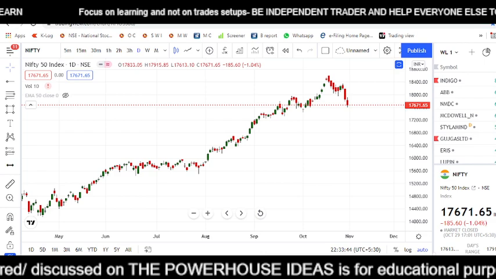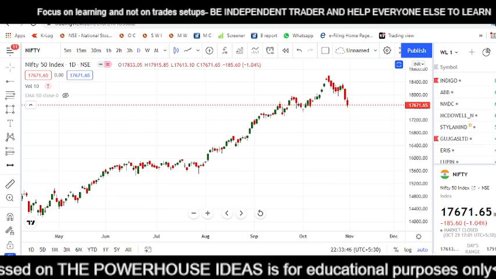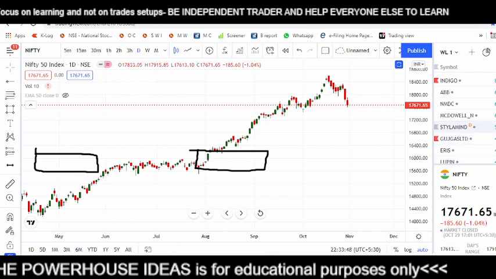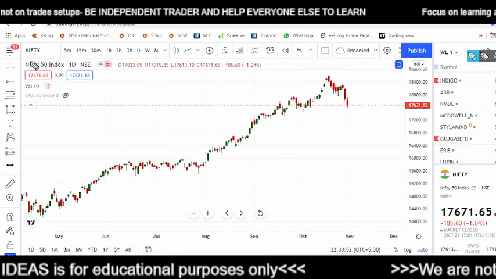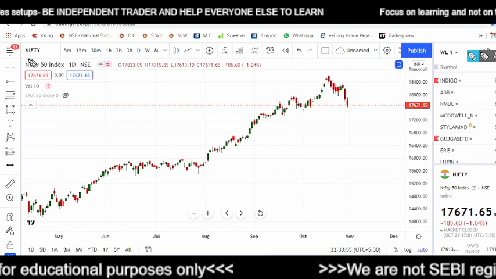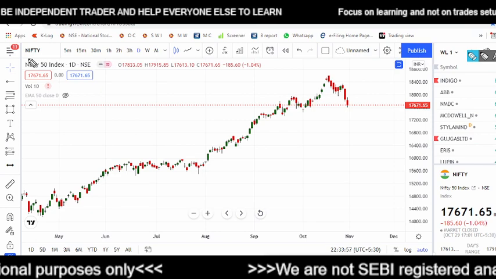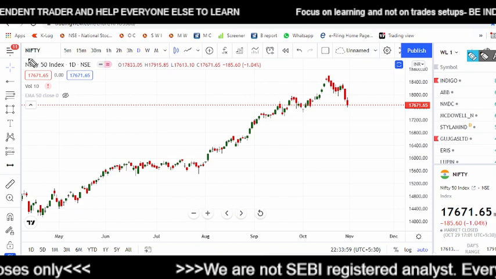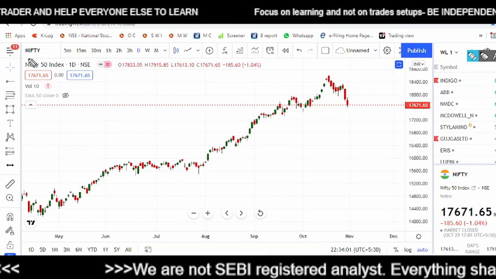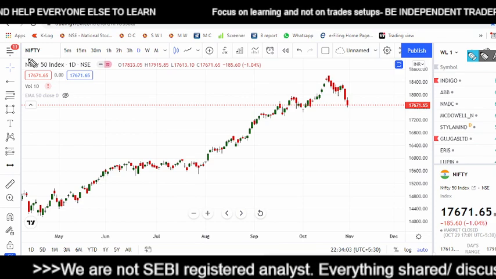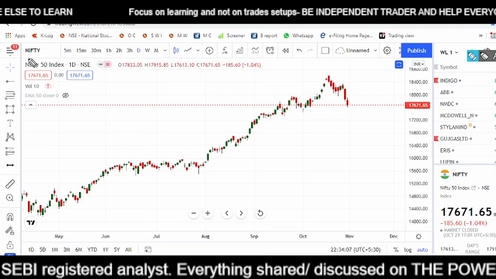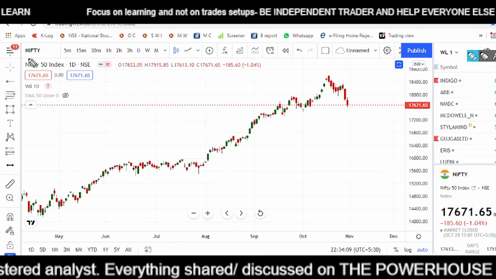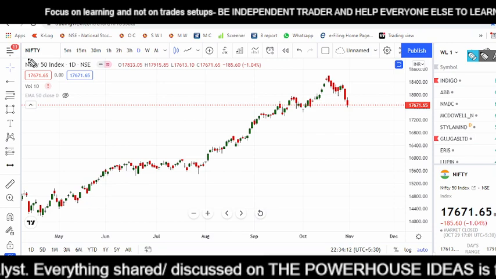I'm again back with a power-packed analysis of Nifty 50. I'm getting requests from so many traders that please analyze Nifty 50 and where are the key support levels, where can be the reversal point, and where we can see some bullish momentum. So for that purpose, I'll be analyzing Nifty 50 and making my predictions for Monday, that what can be the possible move on Monday. With all the logics, nothing in the air, with all the logics and with all the levels.